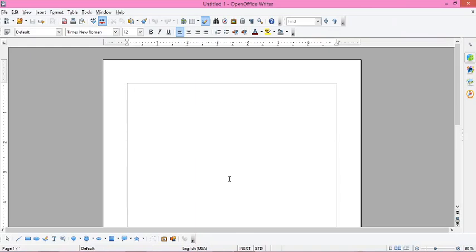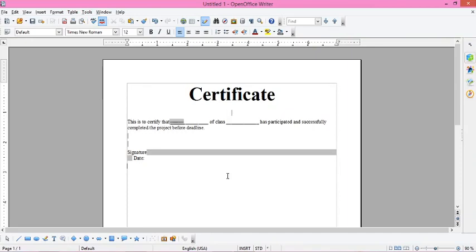Here we are having our OpenOffice Writer. I am having data that I have saved on the clipboard. I am copying it here. It's a kind of template that I want to create here.